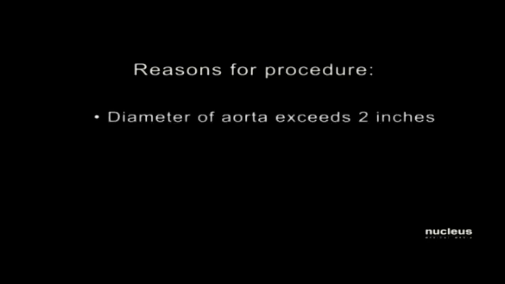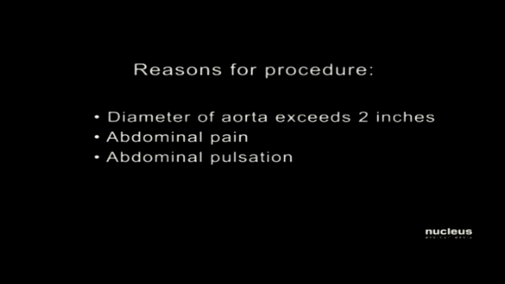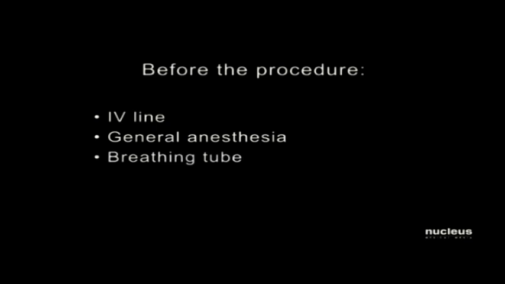Perform an open abdominal aortic aneurysm repair when the diameter of your aorta exceeds 2 inches, or if you're having symptoms such as intense abdominal pain or an abnormally prominent abdominal pulsation. Before the open procedure, an IV line will be started to provide you with fluids, antibiotics, and anesthesia. A traditional open surgical repair is performed under general anesthesia, which means you will be asleep for the duration of the procedure. A breathing tube will be inserted through your mouth and into your windpipe to help you breathe during